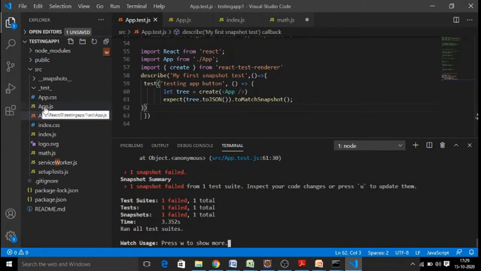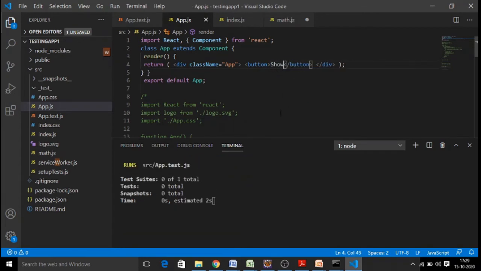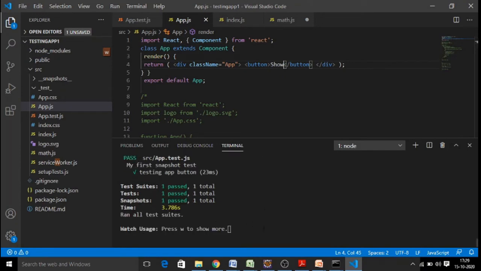Let's say if I go back to my previous content, if any changes are made to the code and you wanted to validate them through your snapshot test, it is also possible with the Jest runner. So always when you save it, the snapshot test shows your test scores and test results.